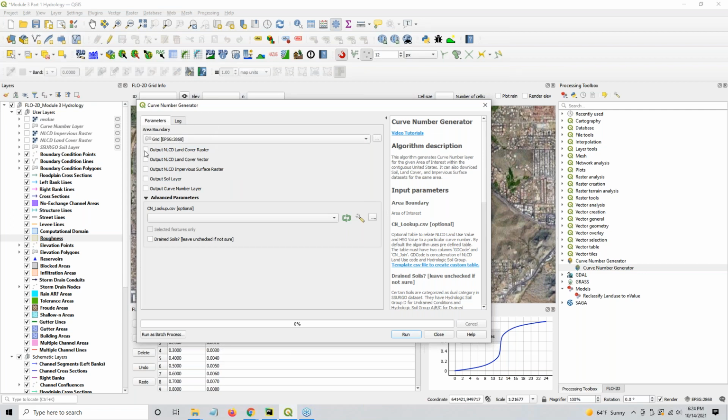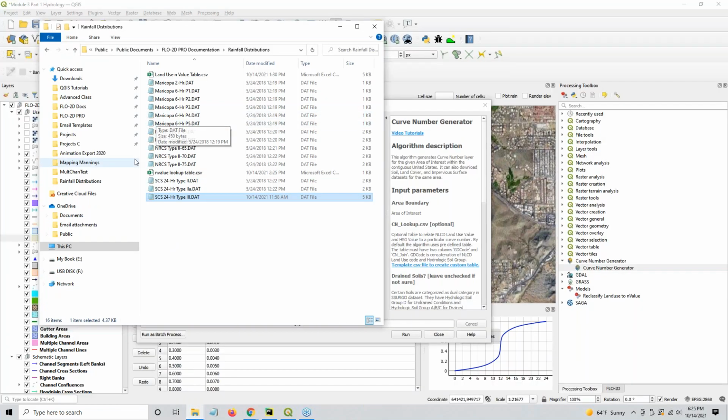And then if I click the sources that I want: the land use raster, the impervious raster, the soil vector layer, and then this will be the calculated output layer. And if you don't like the values that Abdul built directly into the plugin to do the joins and to do the calculation for the end value, you can use your own data. You can use your own lookup table. There is a lookup table in Abdul's